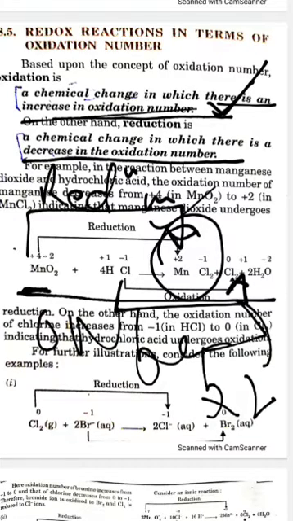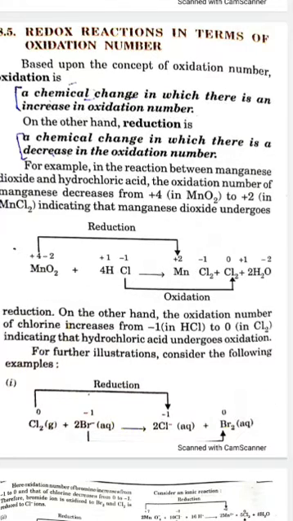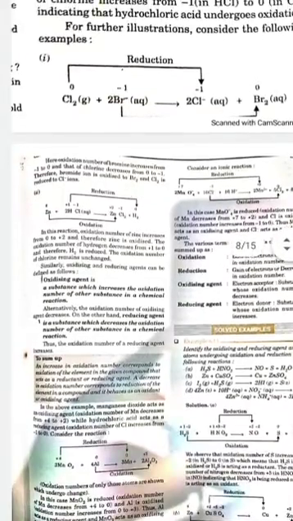So just use your brain. Is it an oxidation or is it a reduction? When someone is going from -1 to 0, obviously something has been removed from it. That's why it has become 0. So this is an increase. So if there is an increase in oxidation number, it is called oxidation. There are some more examples. Try to do these examples, practice these examples in your notebook.